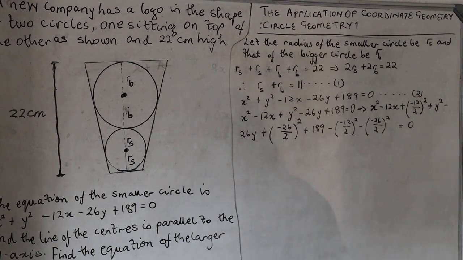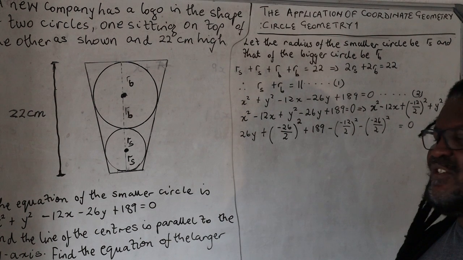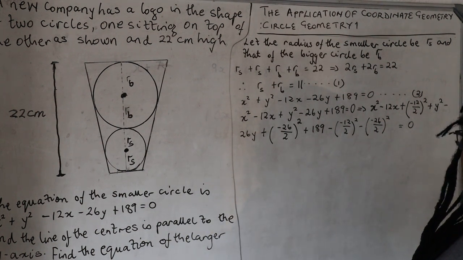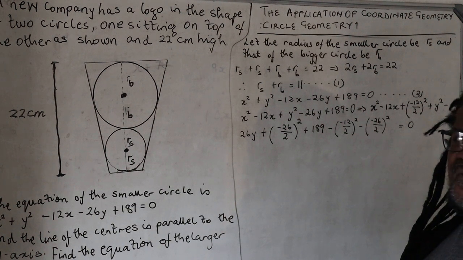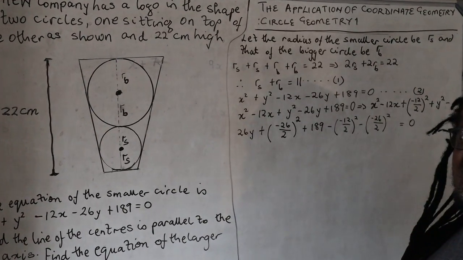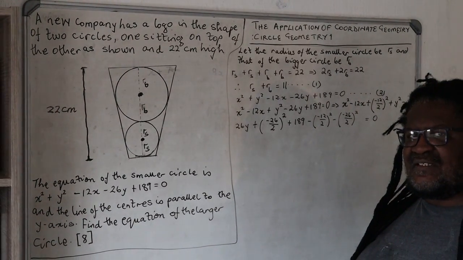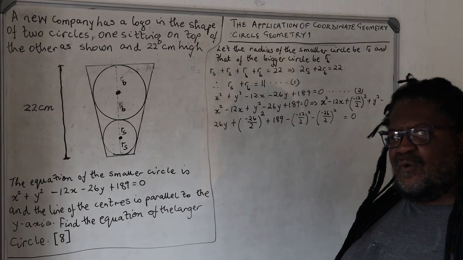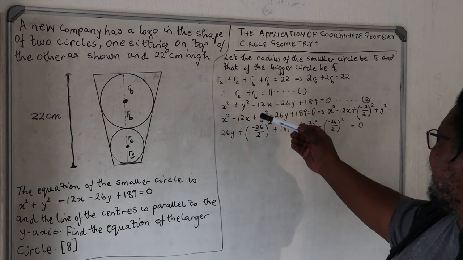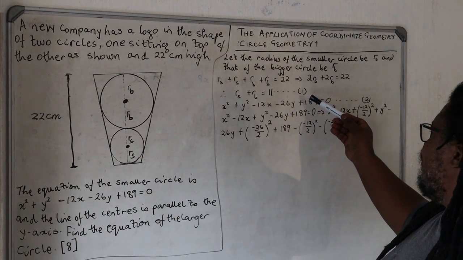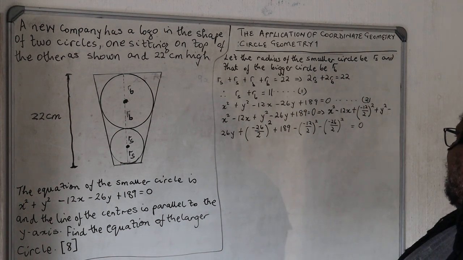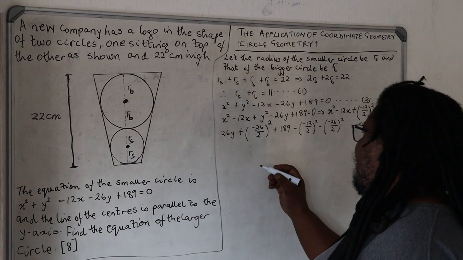And the reason why we are completing the square is because we want to write the equation of the circle in the center coordinate radius form of the equation of a circle, in which we can immediately see the coordinates of the center of the small circle and also the radius of the smaller circle. And once we have the radius of the smaller circle, we can use equation 1 to get the radius of the larger circle, the bigger circle. So then now we can say